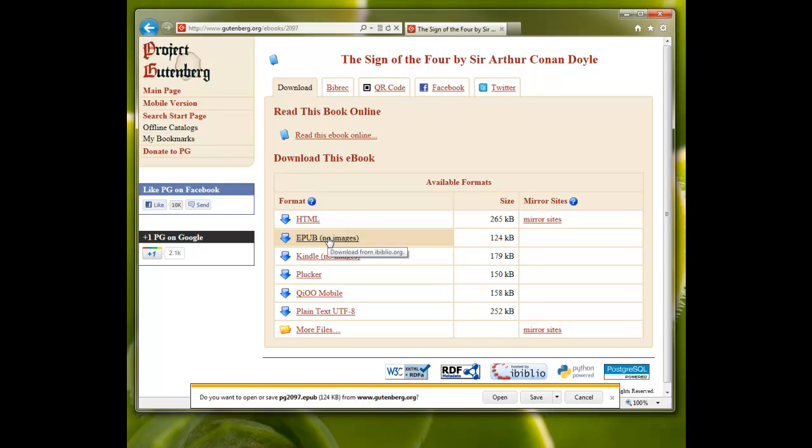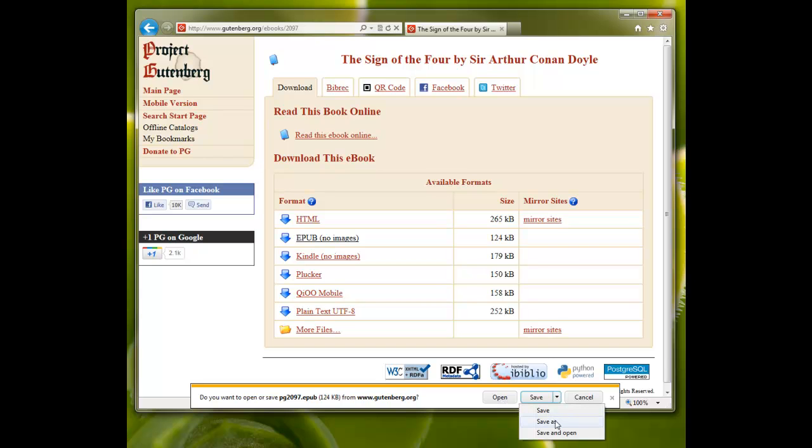And since I'm using Internet Explorer, this pops up this little gold-rimmed download bar at the bottom. What I'm going to do is click open here on the end and go to Save As. Sometimes if you hit just save, it'll save it where you can't find it again. And if you hit open, it will open it in a reader on your computer, but you won't be able